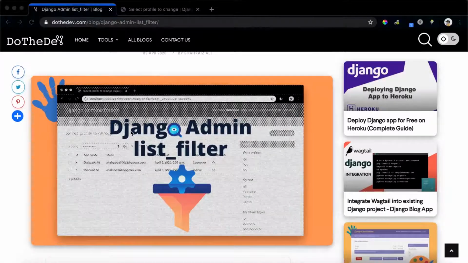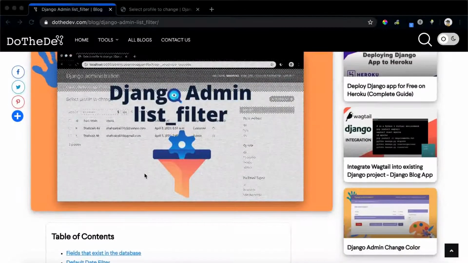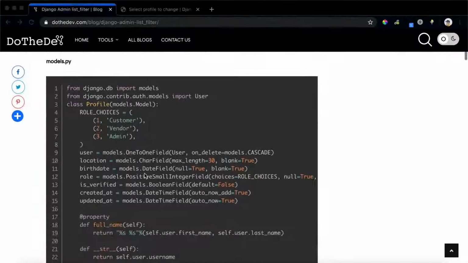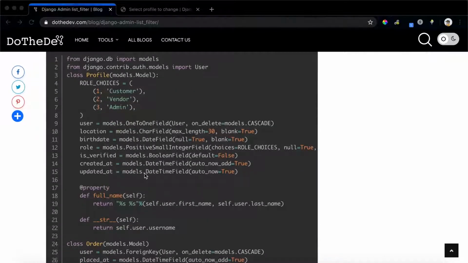Today we'll be discussing how to customize the list filter part of the Django admin site. This is part 2 of the tutorial. In the first part, we discussed how to customize the list display part of the Django admin site. The list filter basically contains the filters, as the name suggests. You can filter through the data which is shown